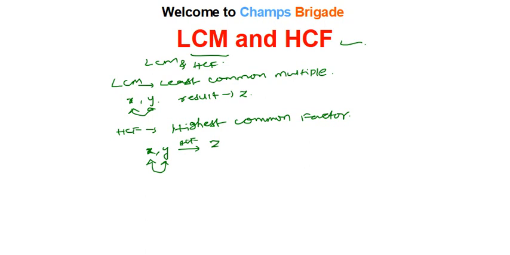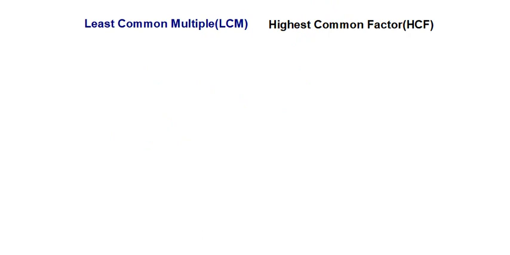Till now I think you didn't understand what I am saying about x and y and z. So now we will understand this topic by taking examples. Here is the LCM and here is the HCF. First we will understand the LCM. I will take one example. First problem: what is the LCM of 3 comma 6? First I will write the multiples of 3 and 6.